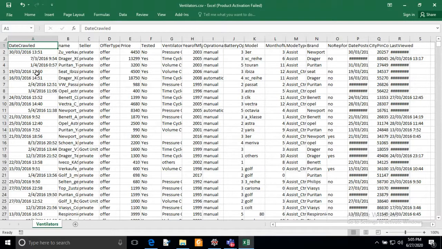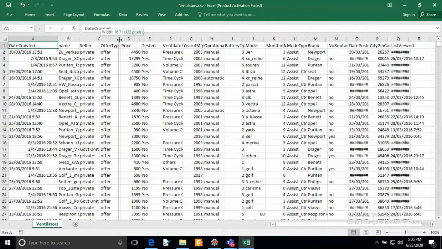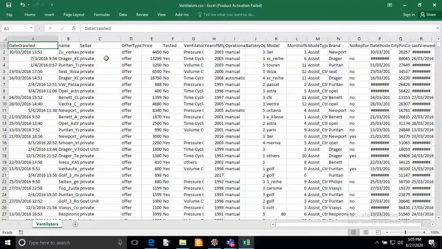Here is the date and time of the crawling, and this is the name of the companies or sellers, and this is the category of the seller, whether it is a private company or a government unit. You can see here most of the sellers are from private units.